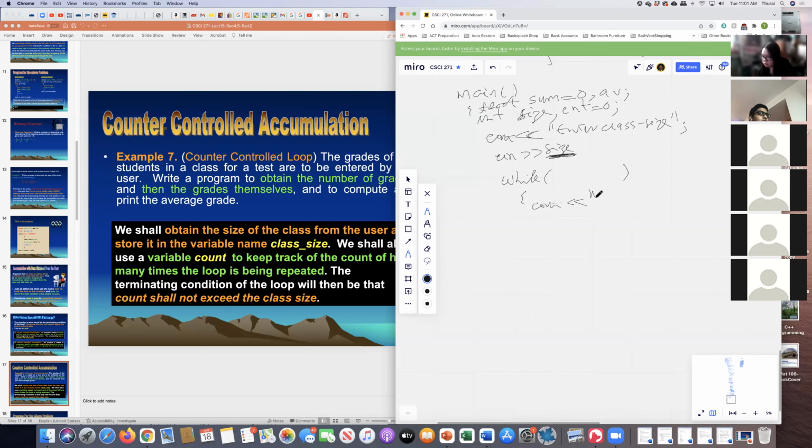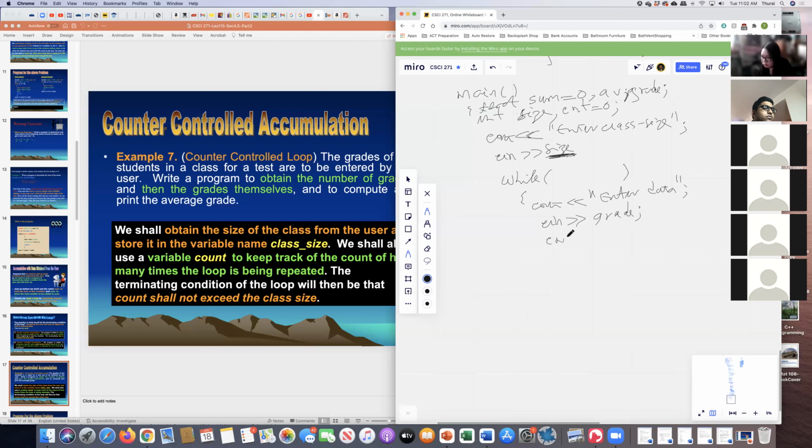The user is going to enter a certain number of data, and we need to get those data and add them up. So enter data or enter grade, whatever you want to say is fine. cin float, go back to the float list and add grade. Grade is the variable that's going to hold the grade. So read the grade into the variable grade, and then